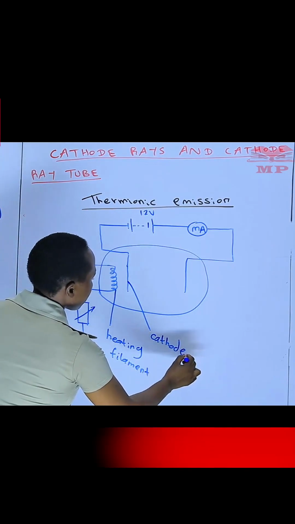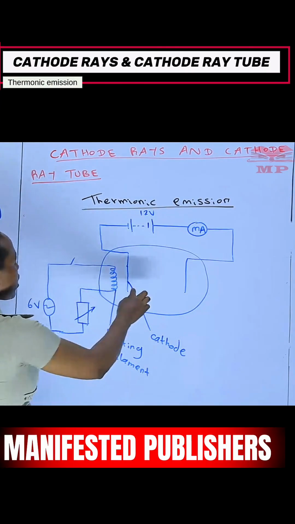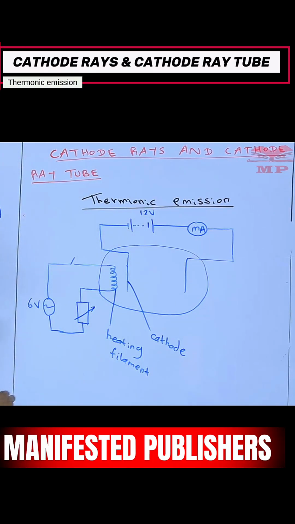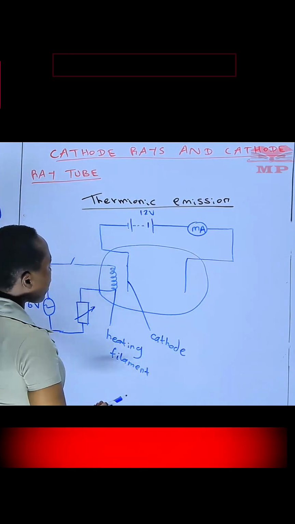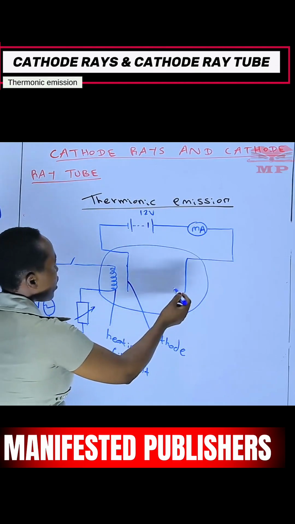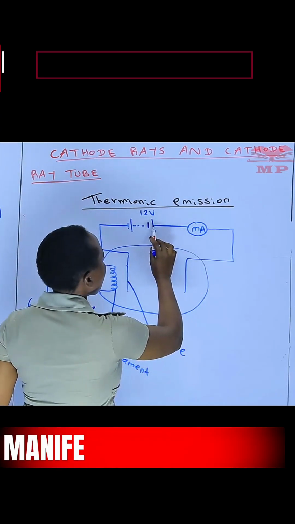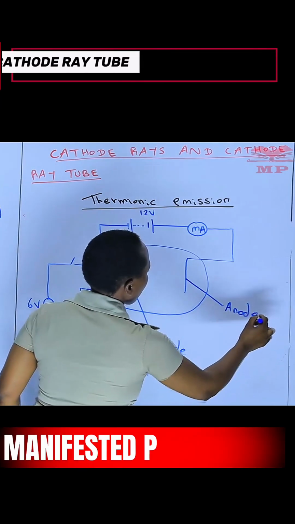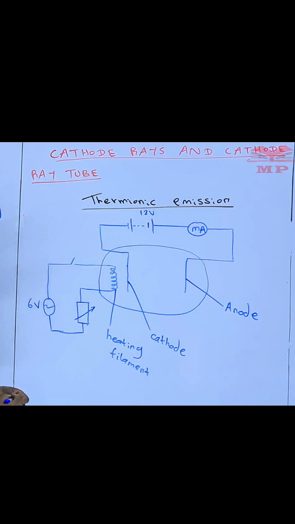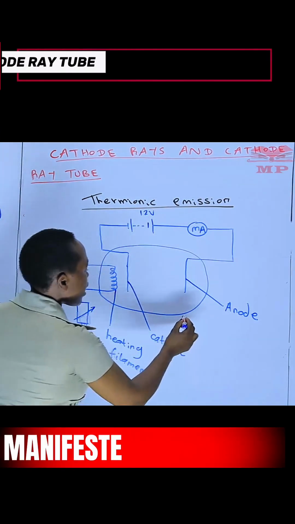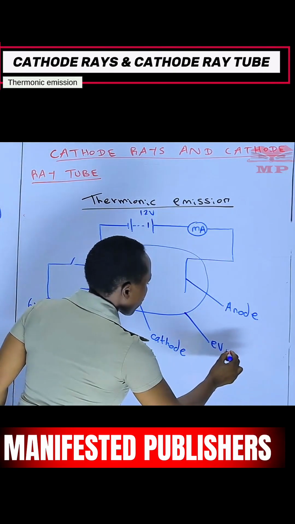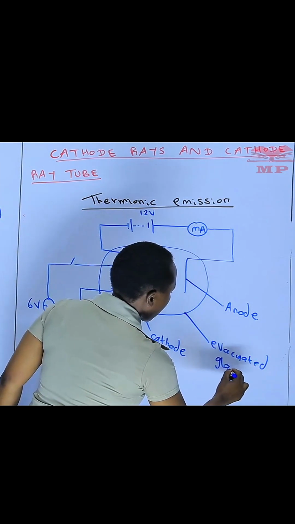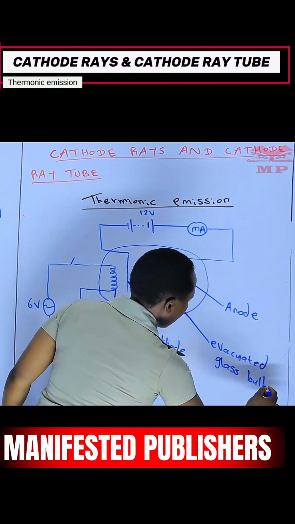The cathode is a negatively charged terminal. You can see it's connected to the negative side. So we have the cathode, the negatively charged terminal. Then on the positive side, we have what we call the anode, a positively charged terminal. Then here we have an evacuated glass bulb. And I want